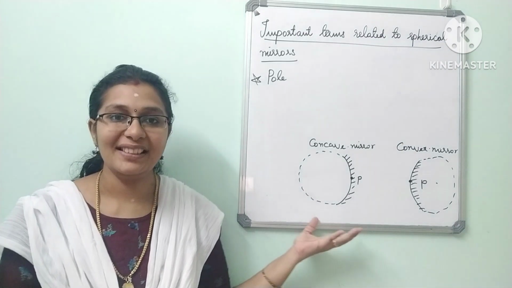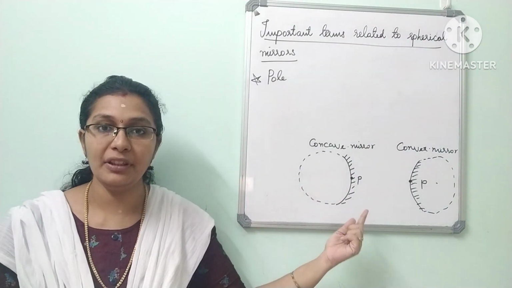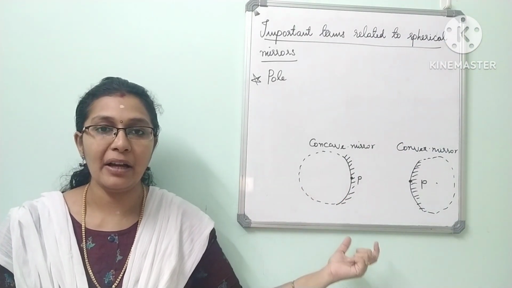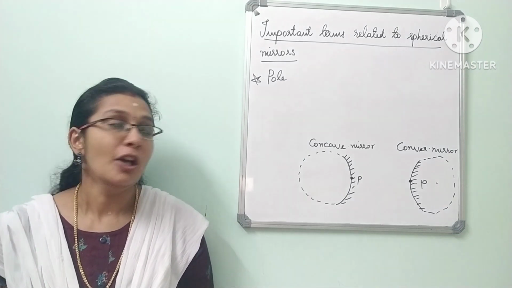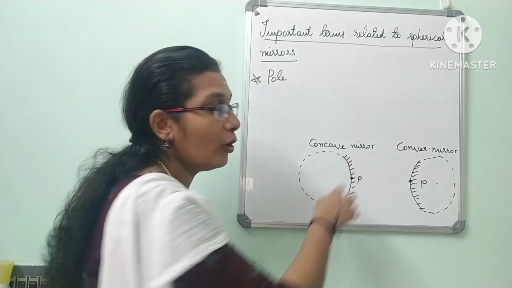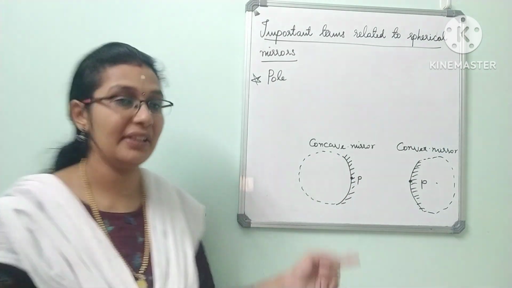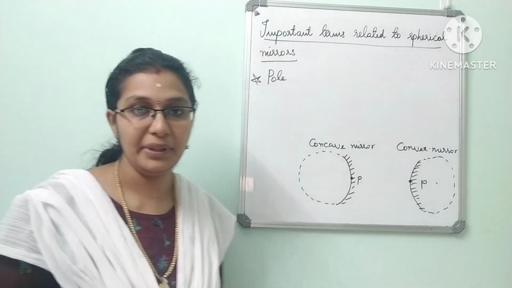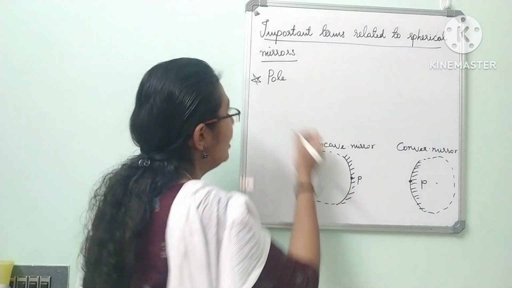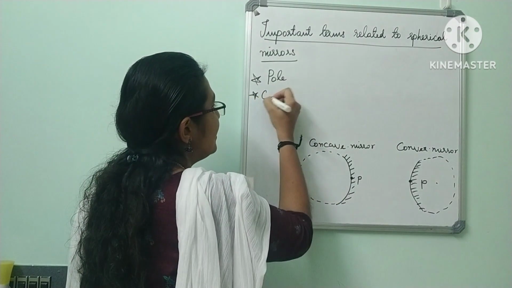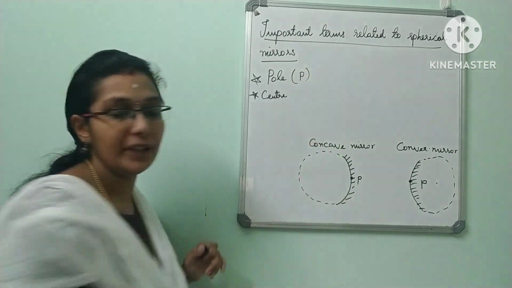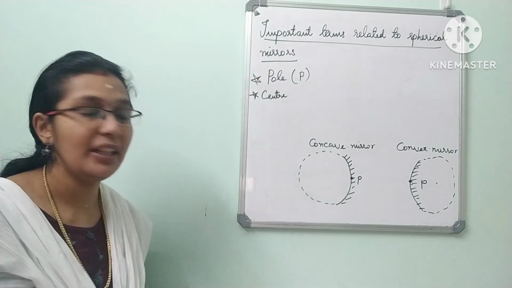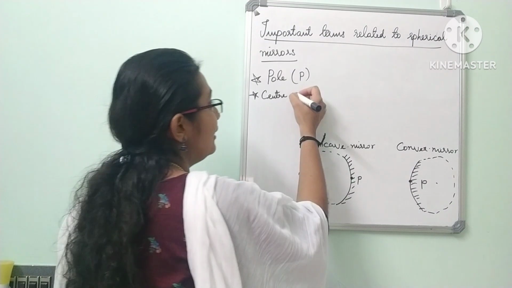Okay, so this is a sphere and one part of it is cut and it is polished on one surface, so the other surface is reflecting. This central point of that reflecting surface is called the pole in both the mirrors. Pole is represented by the letter P. You're clear with pole, right? Yes. Next we will learn center of